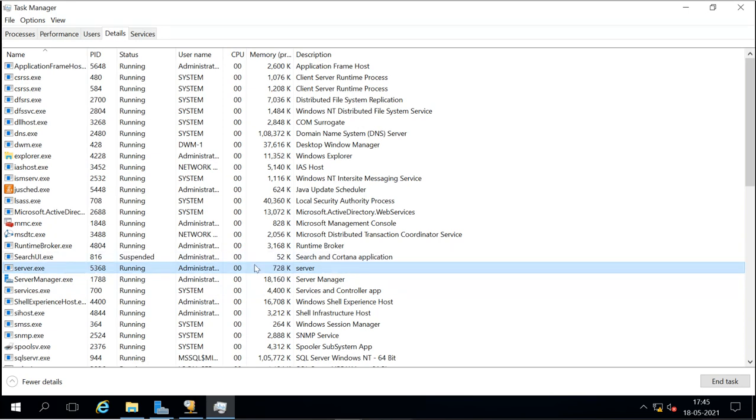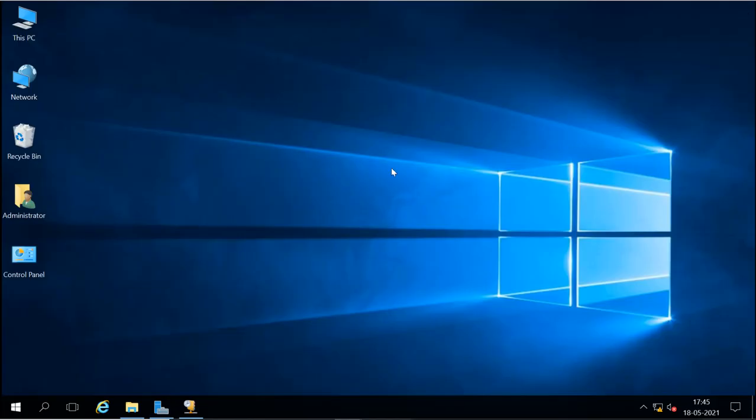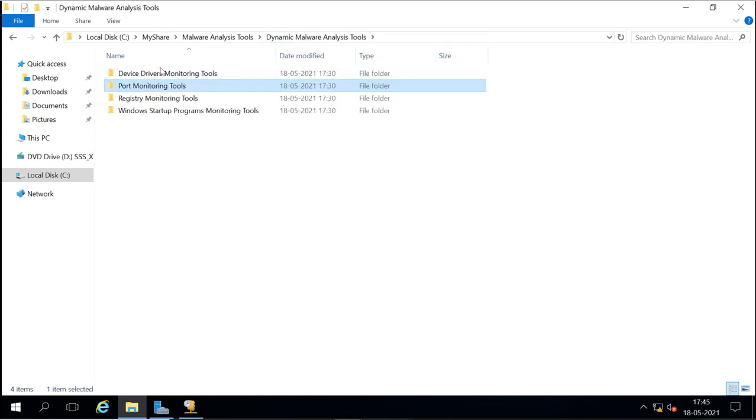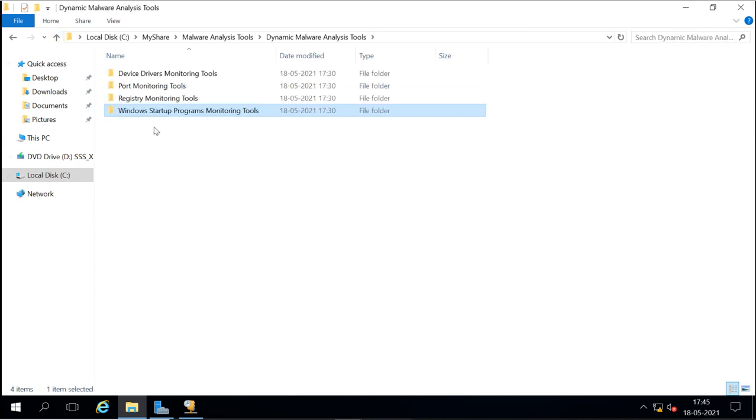Now, if Task Manager is not showing the detail, what can we do? We can use third-party Windows process monitors.